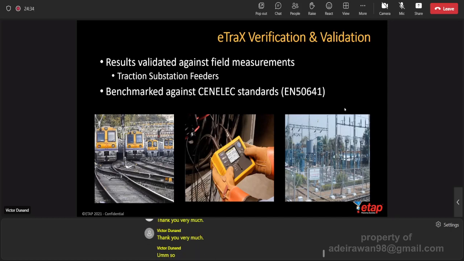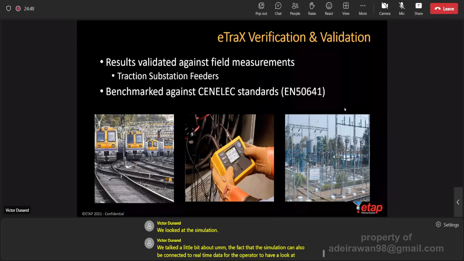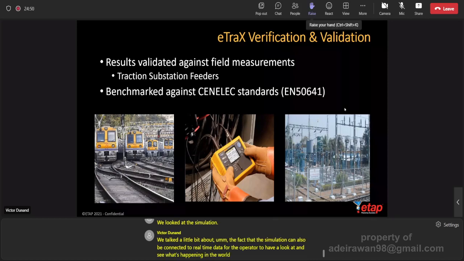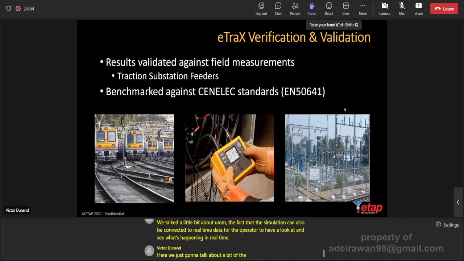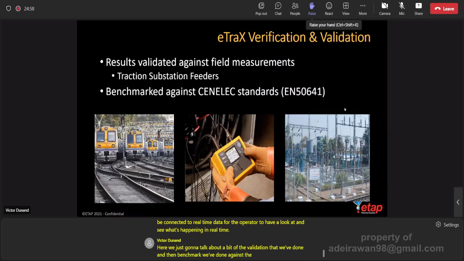So now we've looked a lot at the design, engineering. We looked at the simulation. We talked a little bit about the fact that the simulation can also be connected to real-time data for the operator to have a look at and see what's happening in real time. Here, we're just going to talk about a bit of the validation that we've done and the benchmark we've done against the Senelec standards